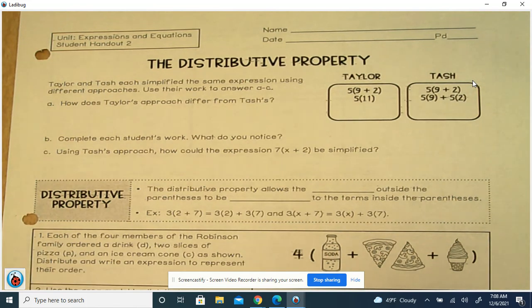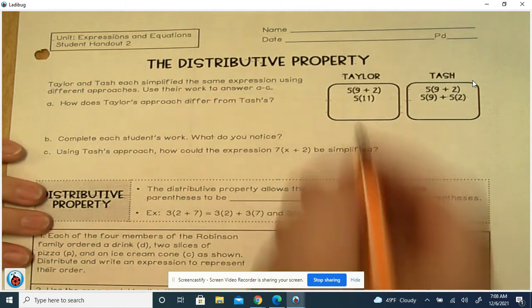Taylor and Tash each simplified the expression using different approaches. Use their work to answer A through C. So if we